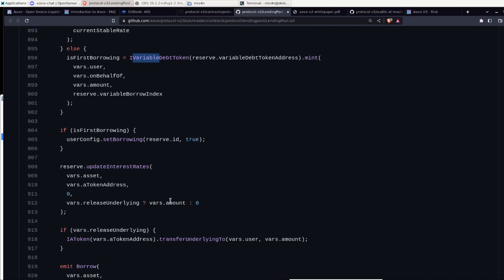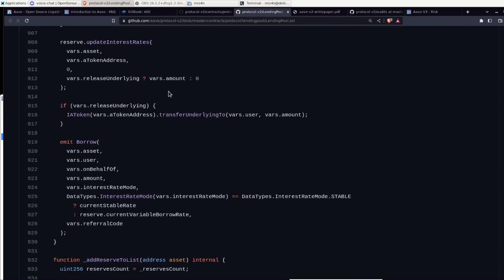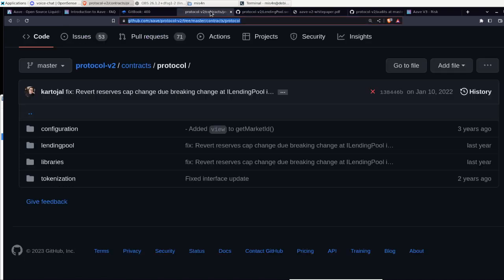Then we update the interest rates because people start borrowing, and then we do a release underlying. So we transfer the underlying token and then we emit the borrow. We clean. Really easy to understand.